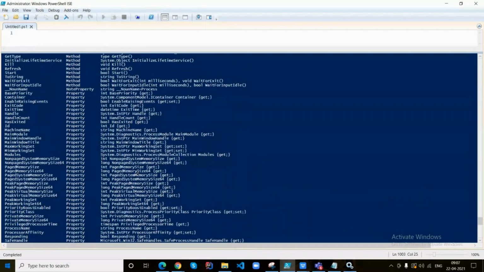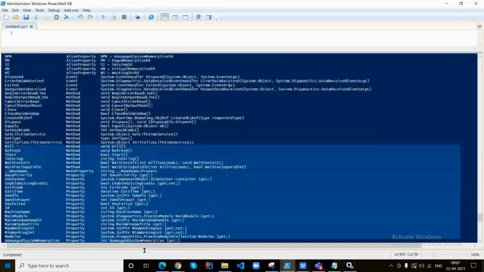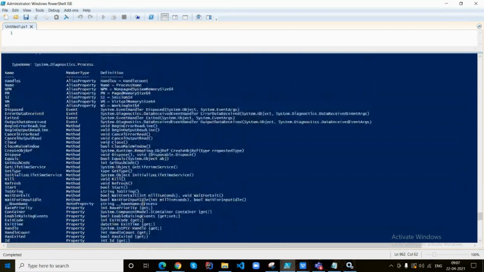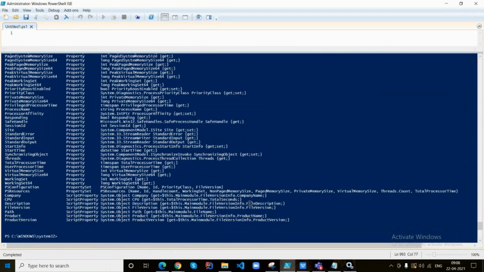The member types can be alias property, event, method, note property, property, anything. So these member functions are different for each and every commandlet in PowerShell, like we have seen.